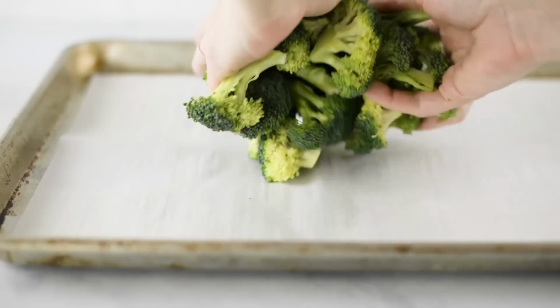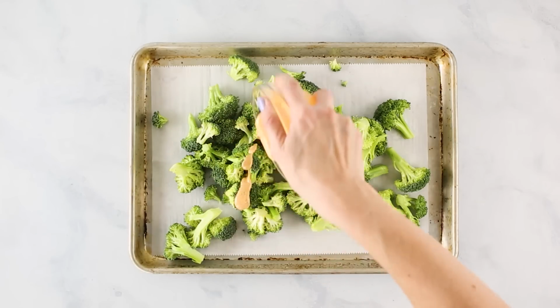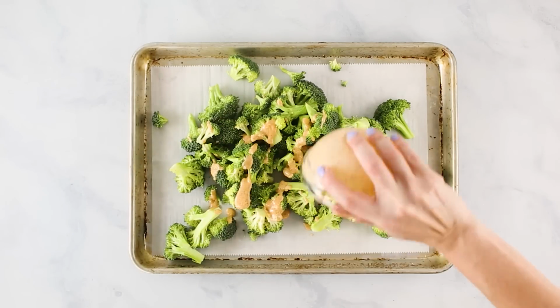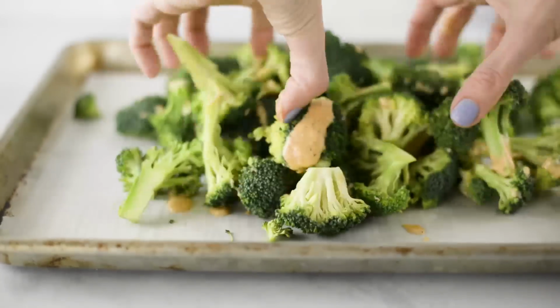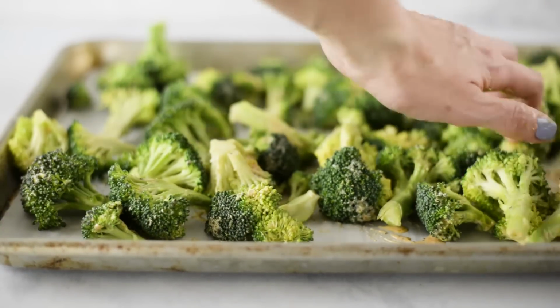Then we're gonna grab our broccoli florets and place them out onto our baking sheet, and we're gonna drizzle our tasty yogurt spicy sauce all over it, and then we're gonna toss it with our hands. If you wanted, you could do this in a large mixing bowl. That might get it a little bit more coated more evenly, but then you get a mixing bowl all dirty, and I would rather just do it all onto the baking sheet. Choice is yours. Then spread the broccoli out as evenly as possible back out onto the baking sheet and transfer